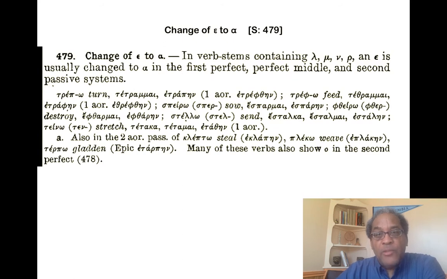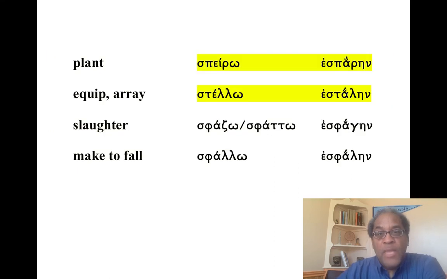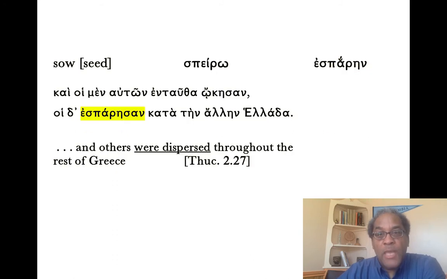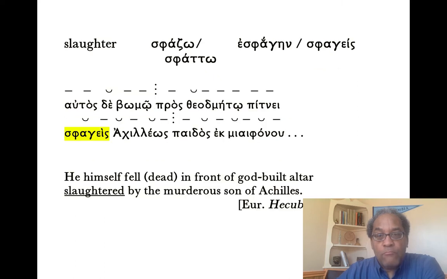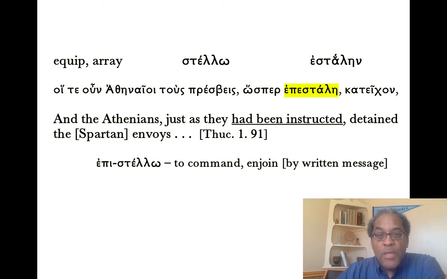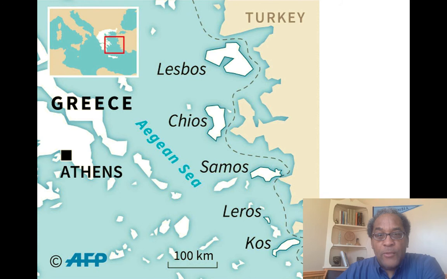And then I mention the change that occurs from epsilon to alpha, found at 479 of Smyth. And then I look at the verbs themselves: plant, equip, slaughter, make to fall. And I offer literary examples of each. The first from Thucydides, the next from Euripides' Hecuba, the third from Thucydides again, and a little geography lesson regarding what's going on in the Thucydides,